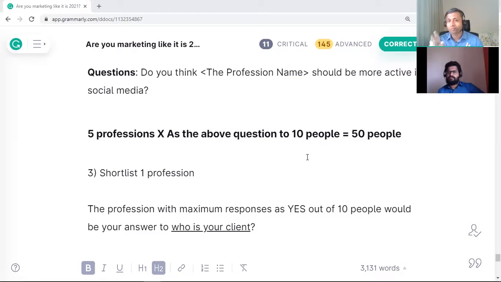And if none of them reply, that means you have to repeat this whole process like we did in the past. The whole process is a cycle. So you have to come up with the next 5 and ask them, because you need people to answer. Otherwise you don't really know if the professions you pick are people who are looking to be more active in that sense. So that is that.